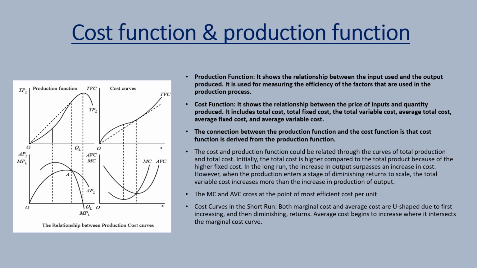Initially, as you can see, the total cost is actually higher compared to the total product because of the higher fixed costs. So when Mira first builds her factory and she's producing relatively low amounts of tomato paste, then of course she has higher cost compared to the total product, because the cost of building the factory is still there, it's still the same. And whether you're producing